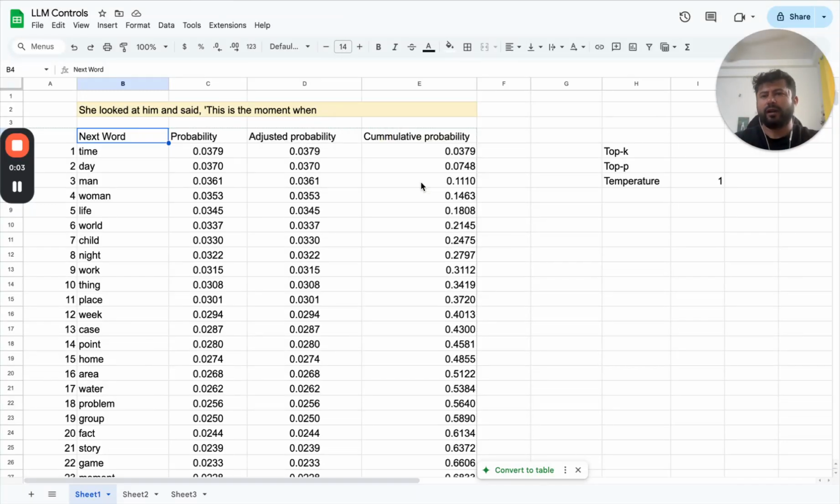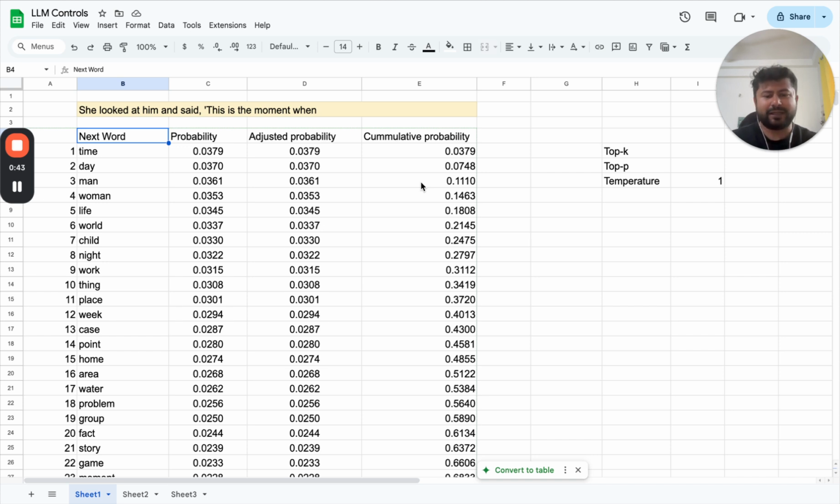Hi everyone. So I just thought today I'll record a demo and help you understand the different controls that LLMs provide. A lot of people have been asking me, how do you determine the level of creativity in LLM's answers? One is very strict control where you always want the LLM to answer the same things, and the other is extreme creativity where you tell the LLM the entire world is your canvas and surprise me. So I just wanted to help you understand quickly and in very simple terms what the different controls are and how they affect the output of the LLM.